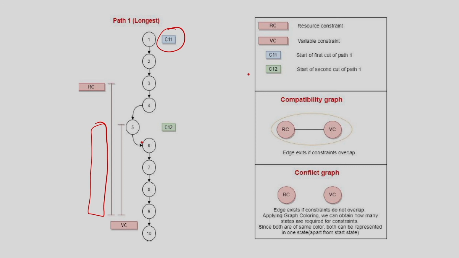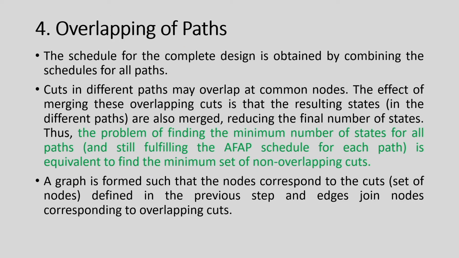So, what I have to do now, instead of doing that, is combine these paths. And how should I combine that? Basically every path has a different number of timestamps, right. So, say my path 1 may have 3 timestamps, path 2 may have 2 states, and path 3 may have 3 states. I have to create a combined one, right. So, I have to combine these states from the paths into a single FSM, right. That is my next step. So, that is the overlapping of paths. So, how can we do that?